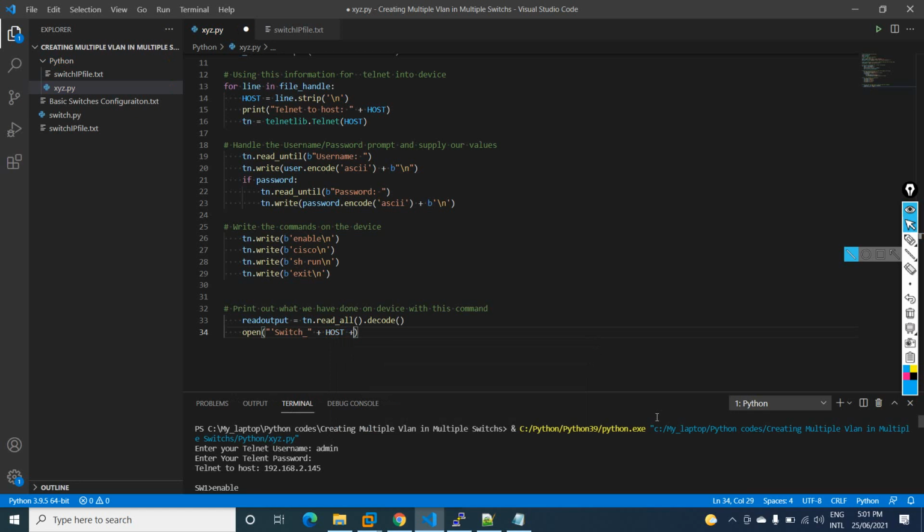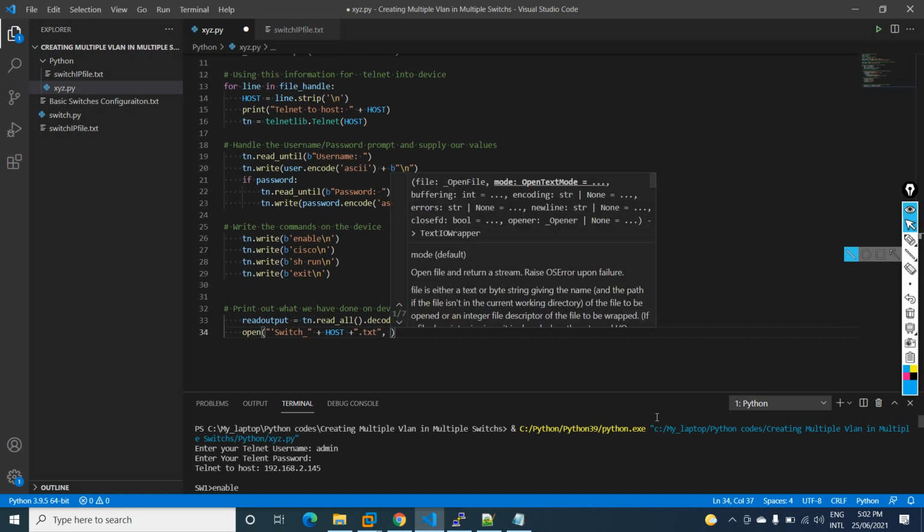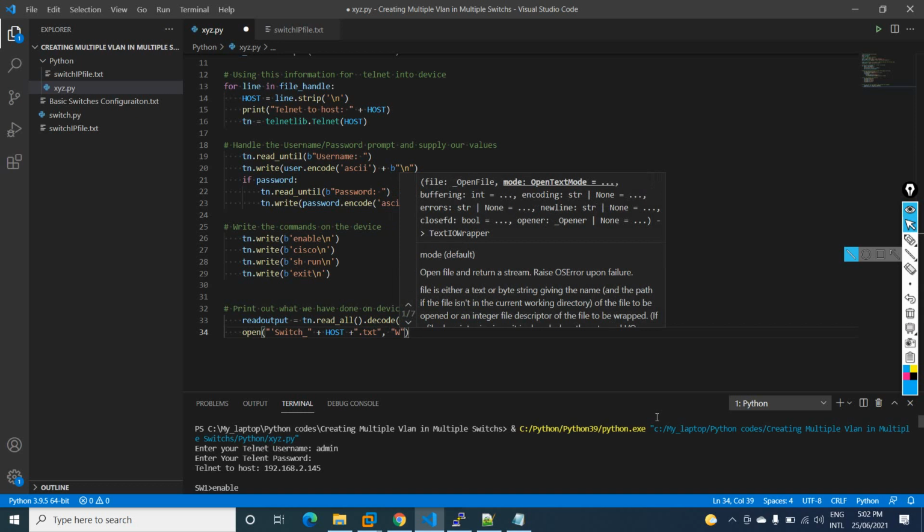Okay, and this file should be saved in the form of text. So I will write here .txt. Okay, and after that I will put a comma, and then I will write w. Why am I writing w? Because I need to write to this file.